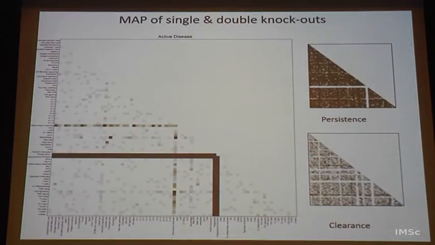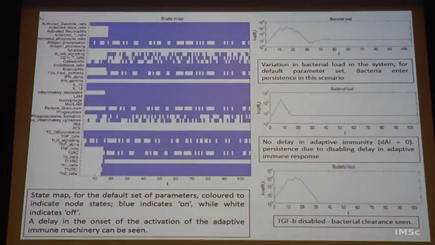So, once you have a model like this, you know the influence of each node. So, IFN gamma here for example is 0 throughout. If you artificially give IFN gamma, what actually happens to that? Is it triggering the system? And we can actually go back and then verify with known things that are out there.